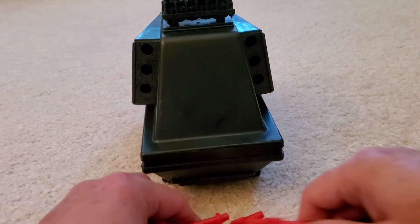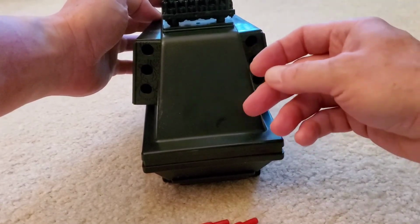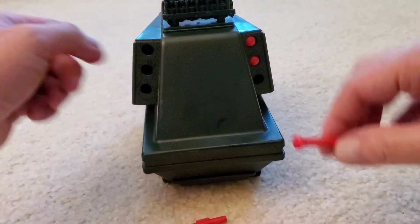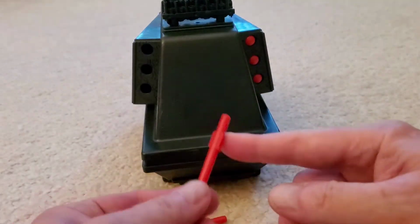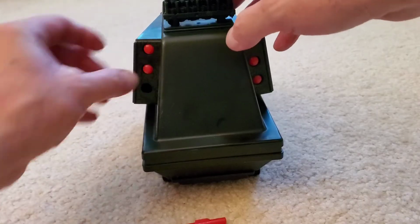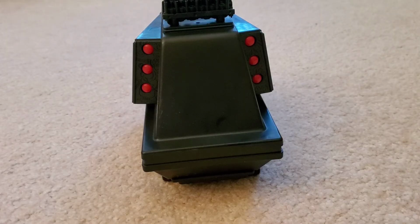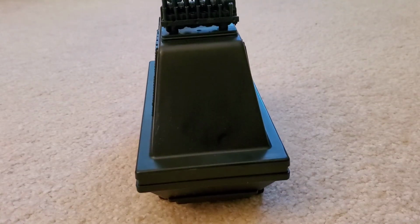All right, so let's take some of these missiles here. Now, it holds 6 of these, which is pretty amazing that it holds that many. So I think these are spring-loaded. Okay, that one went in. I don't know if they have to go in a certain way. They load pretty nice and easy. They got these little ridges back here, so you have to make sure you turn them whichever way to get them to lock in. Okay, that looks pretty cool. All right, so let's close them just to make sure they do close. All right, very cool. Let me see. Okay, now let's...